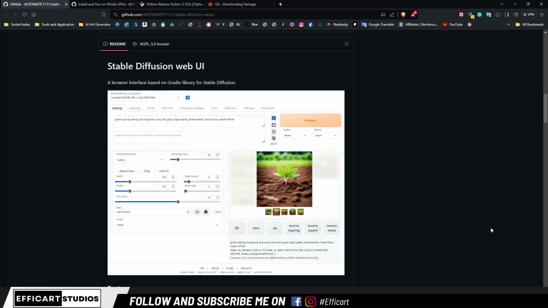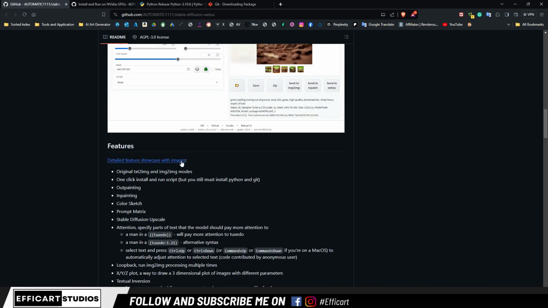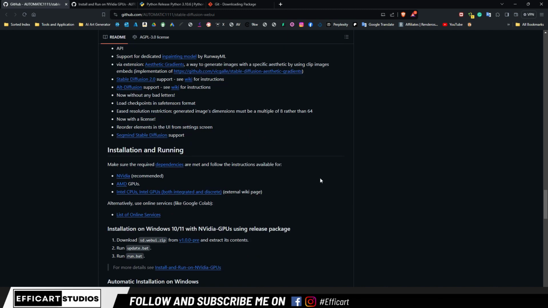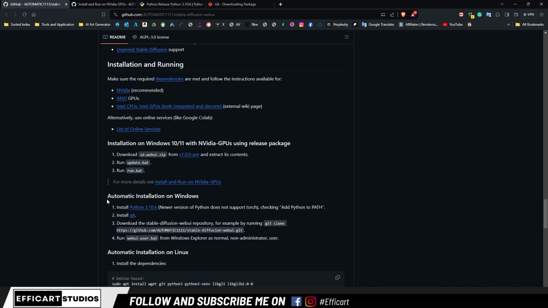Today we are diving into the world of Stable Diffusion, and I'm going to show you how to install Automatic 1111 WebUI on your Nvidia based computer. So let's get started. You go to the Stable Diffusion website and you see these requests here where you need to install Python